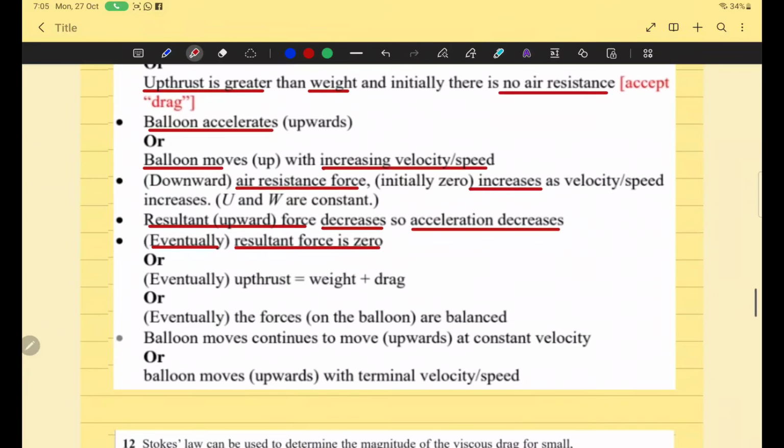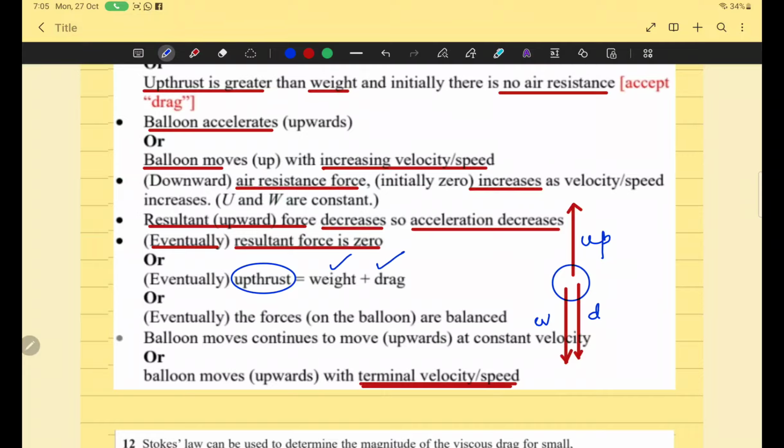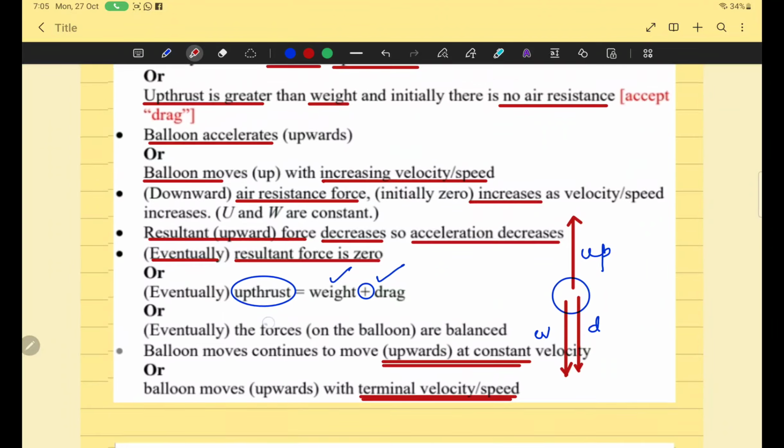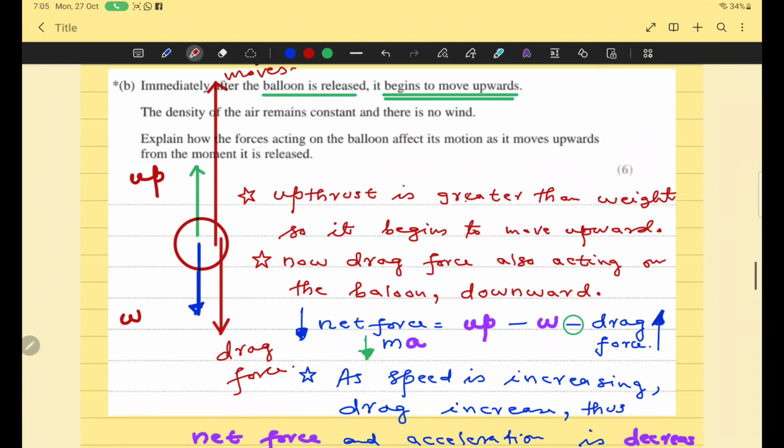और एक वक्त ऐसा आएगा कि रिजल्टेंट फोर्स जीरो हो जाएगी। जब रिजल्टेंट फोर्स जीरो हो जाए तो ऑब्जेक्ट पकड़ चुका होगा टर्मिनल वेलोसिटी। और जब वो टर्मिनल वेलोसिटी पकड़ चुका होगा तो आप समझ जाइए कि थ्री फोर्सेस एक्टिंग ऑन द ऑब्जेक्ट, अपथ्रस्ट एक्टिंग अपवर्ड, वेट एक्टिंग डाउनवर्ड, ड्रैग फोर्स एक्टिंग डाउनवर्ड। तो जब अपथ्रस्ट ड्रैग और वेट के सम के बराबर हो जाए तो ऑब्वियसली देयर इज नो अनबैलेंस फोर्स एंड द बलून हैज एक्वायर्ड टर्मिनल वेलोसिटी।